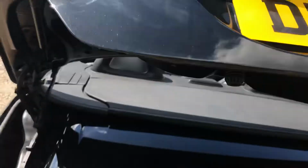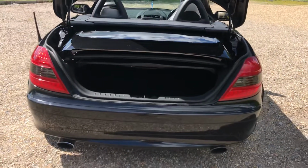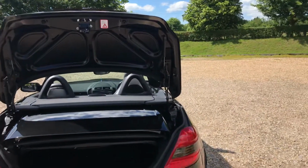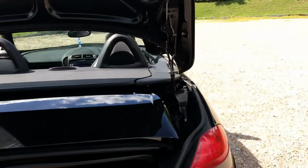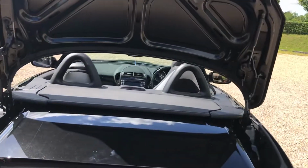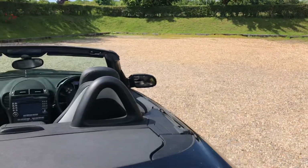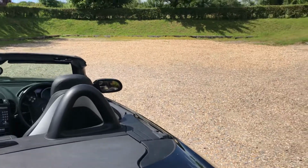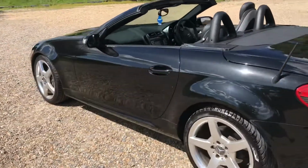It's a remote opening with a button. Now there's the roof in its down position, and even with the roof taking up the top of that boot, I'm just going to show you underneath here. You see, you've still got a decent amount of space where you could put a couple of crush bags in there for a weekend. But obviously with the roof up, you get a much larger boot space, it goes without saying. And with a big V6 petrol engine, I can assure you under the bonnet there, it's mainly all engine,